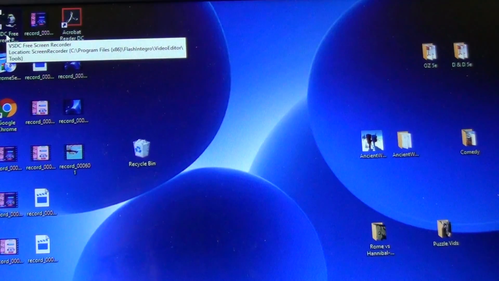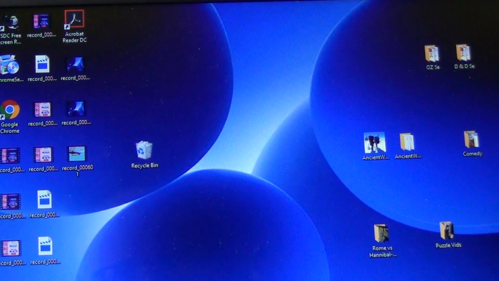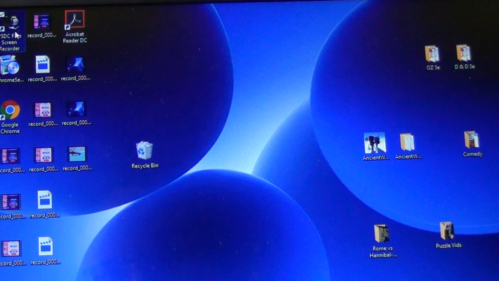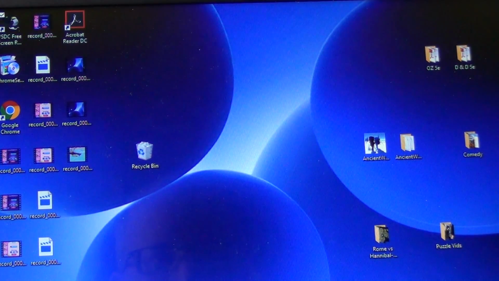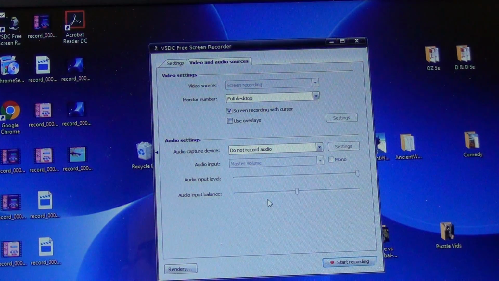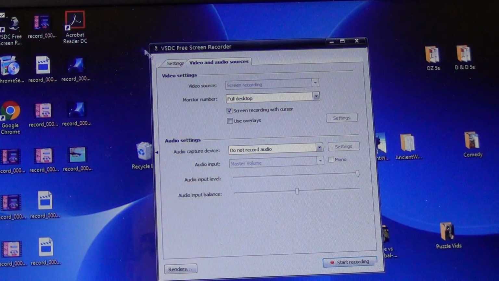Obviously I'm using an external camera to show you the screen on my laptop. Hope this turns out pretty well for you guys. So anyway, you click on it. Oh, I already have it running. Okay, so it's down here in my tray. All right, so it'll come up on this screen when you pop up, and it'll have